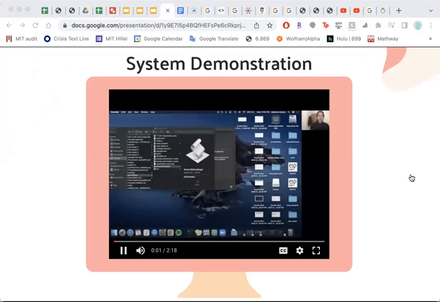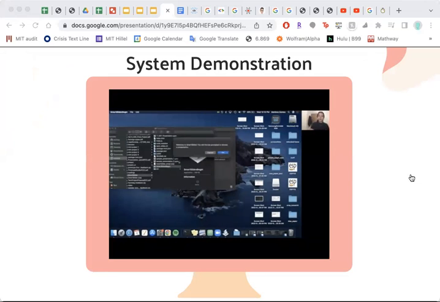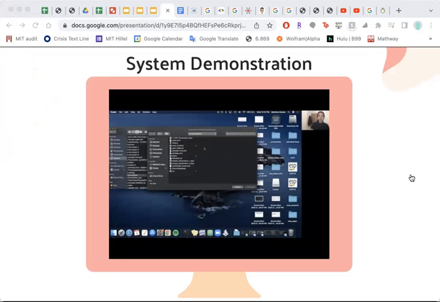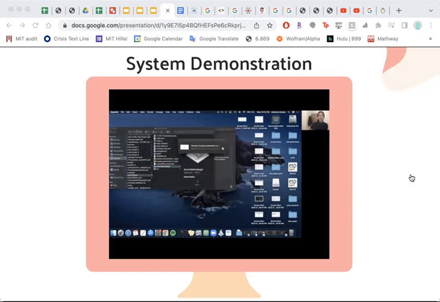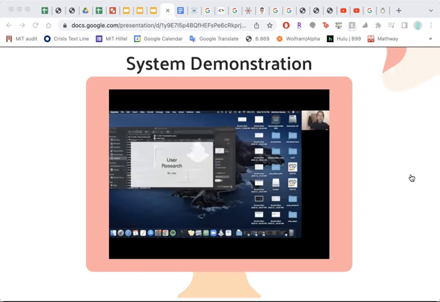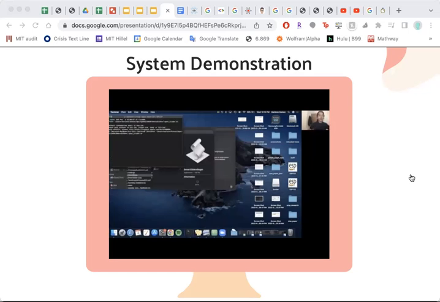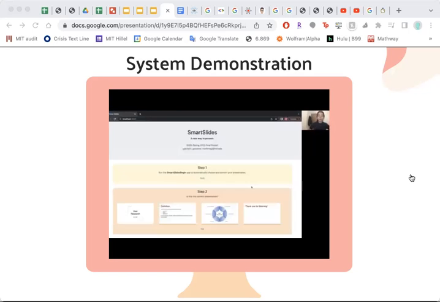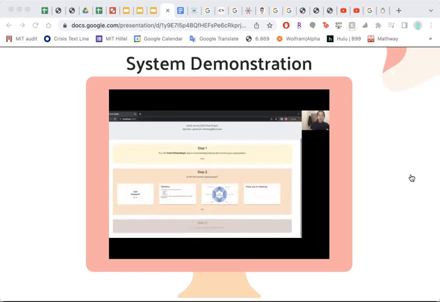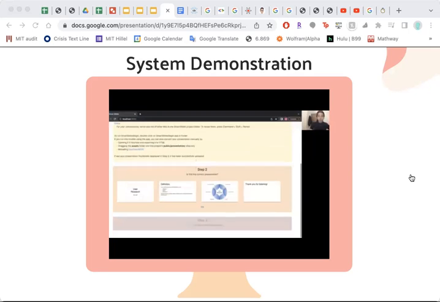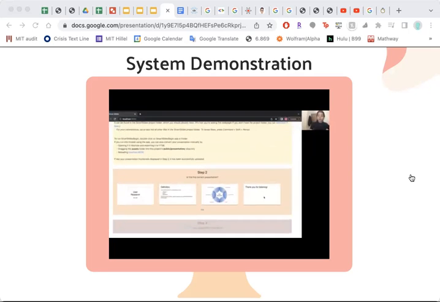Hello, I'm going to do a quick walkthrough of the SmartSlides user interface and some of its features. So there's an application that you can click on, and it will prompt you to choose a PowerPoint or a Keynote presentation. And this will take a minute to load, but a terminal window will open, and this then calls a localhost web server. And from here, there's some helpful information, and then there's also a preview of the presentation and its